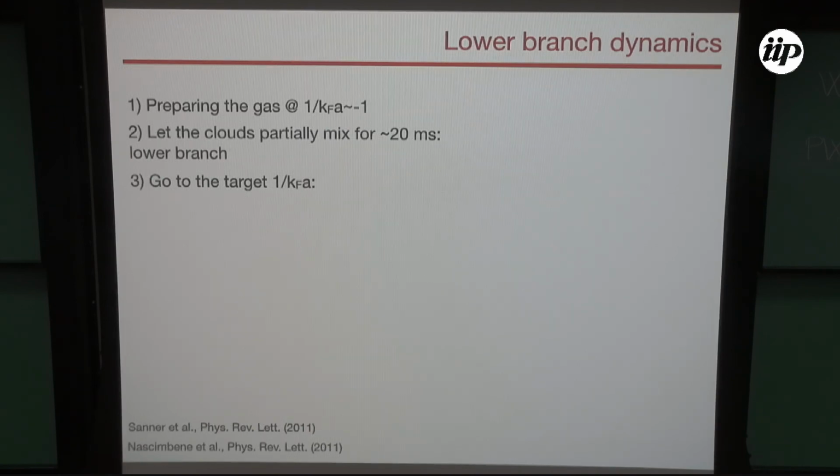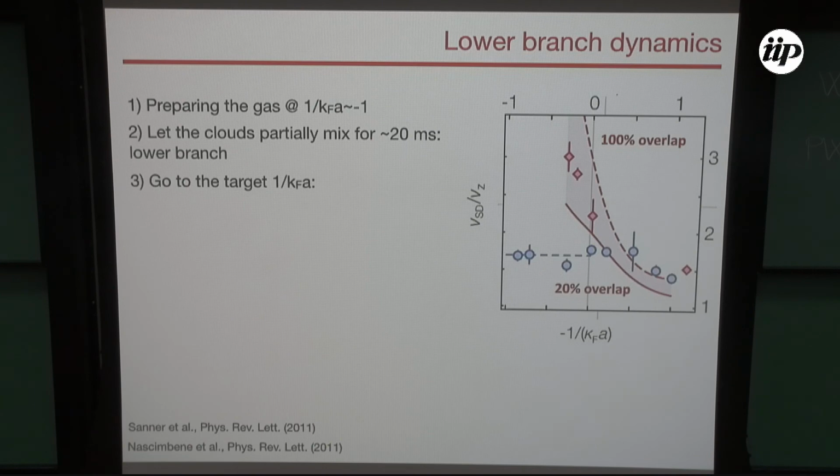Well, okay, it was not just to satisfy a referee, of course, but we wanted to do the measurement in the lower branch. So let's suppose that we start to work in the lower branch. What is happening? Well, we can prepare the gas there. And then we measure the same quantity, again, versus the interaction parameter. And now you have to see the red point. As you see from the red point, the spin-dipole frequency, in fact, increased. It actually reaches a value that is almost 3 times the trap frequency, so something that is really exotic.